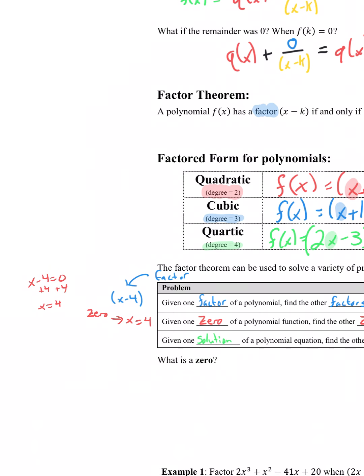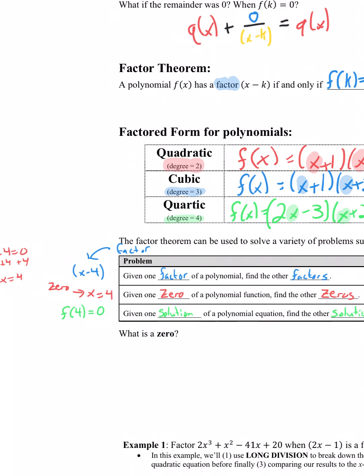And then the final one, given a solution, that'd be f of 4 equals 0. That's what a solution looks like. Okay? f of 4 equals 0. So those are the 3 terms that we're going to see here. Okay? So just to recap, the way we might see things written down, we might see something like,